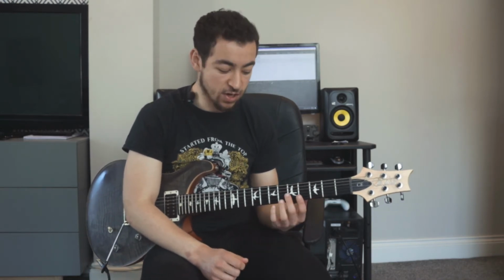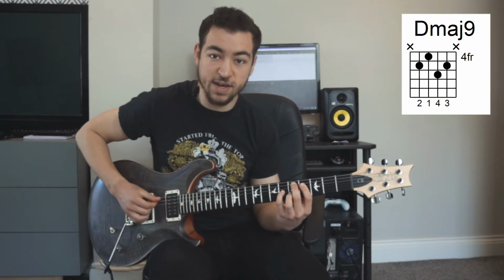Now let's take a look at the 7/6 suspension. The 7/6 suspension is a little bit more tricky to pull off because we're resolving from a 7th down to a 6th. So the chord that you want to resolve to has to have a 6th in it. And I like to do this from a D major 9 chord. So if we take this D major 9,